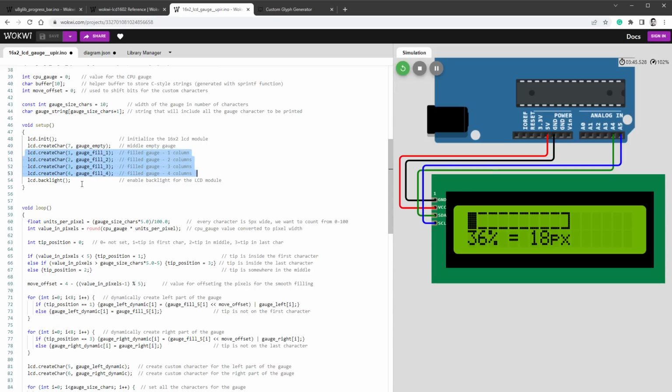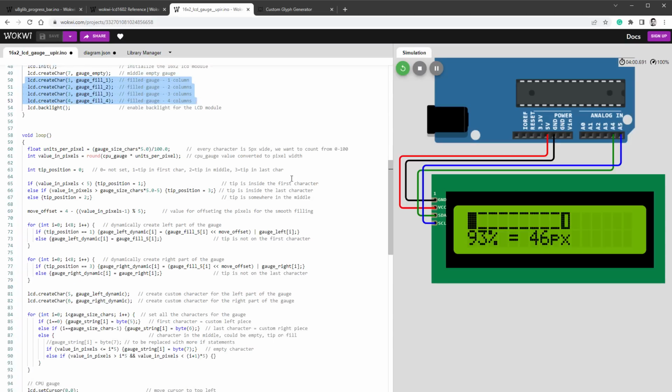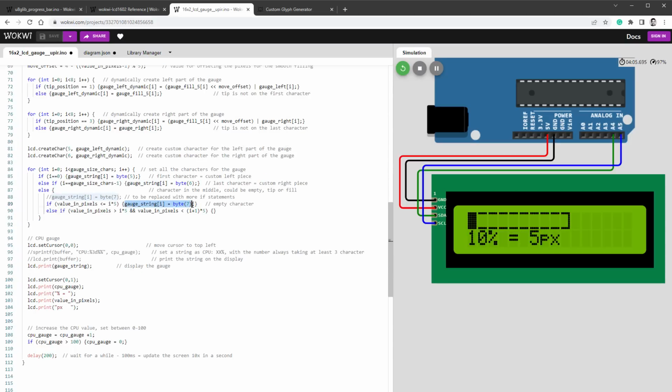And I believe that we can somehow reuse a move offset, but the move offset goes from 4 down to 0, which means that, for the character number 1, we want to offset by 4, for character number 2, we want to offset by 3, and so on. So we have to adjust it a little bit. So I will say that the gauge string equals byte, but for the byte it will be the 5 minus